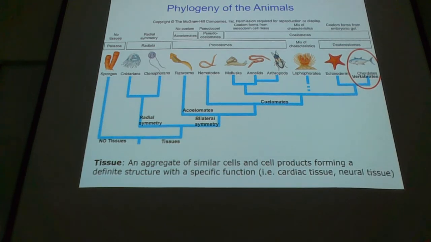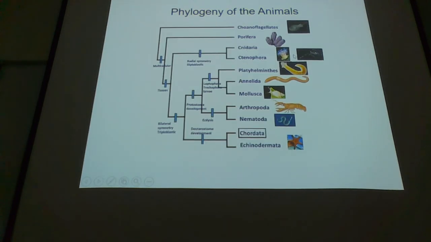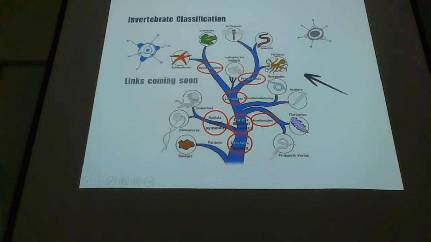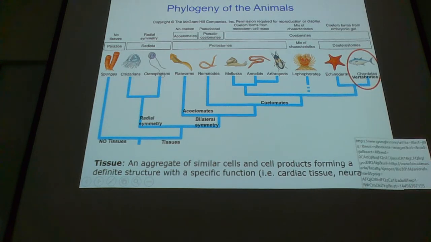So the first group of animals we're going to look at is sponges. I have other pictures here, other phylogenetic trees. My favorite is this one. To me, it's more clear. Feel free to look at this one or this one if you're more artistic and you remember this one better. But the sequence here, if you remember the sequence for me, you'll know that